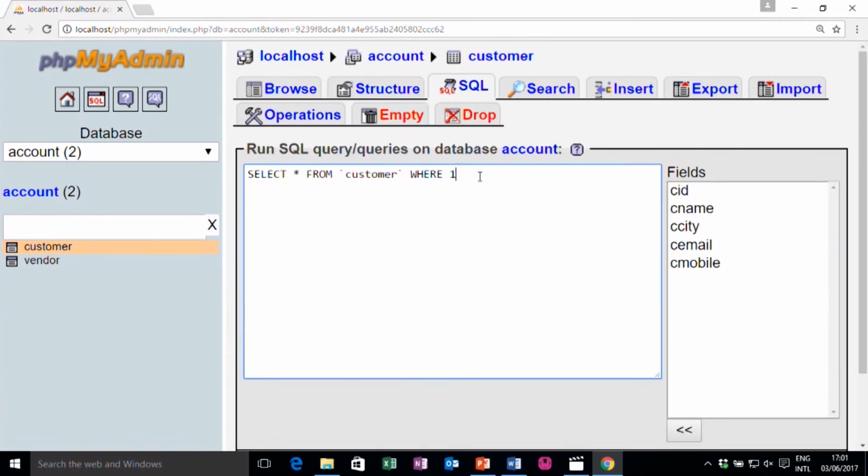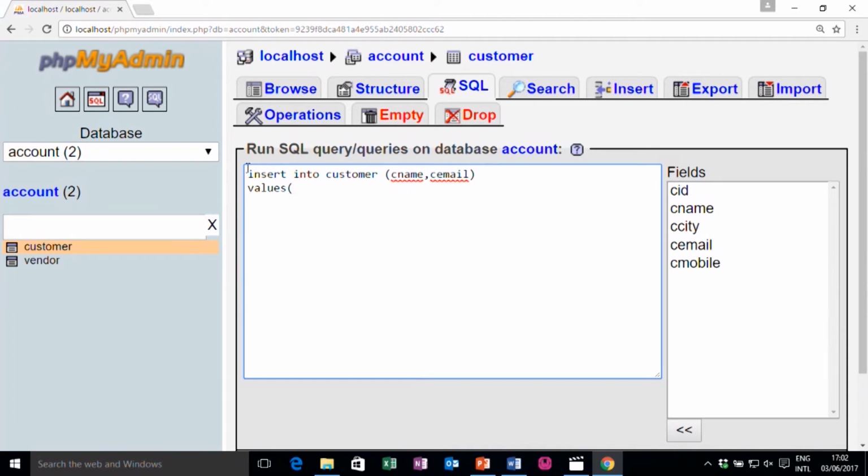Now, let us say, for example, if I insert a new record, insert into customer, and I write only customer name and customer email, and provide values.